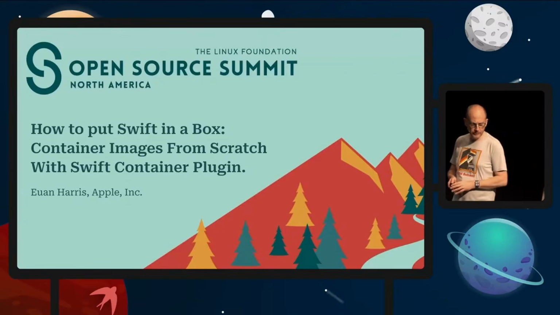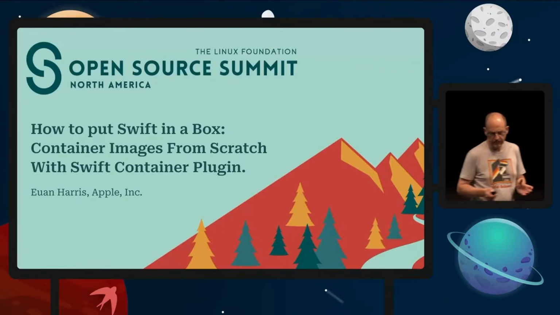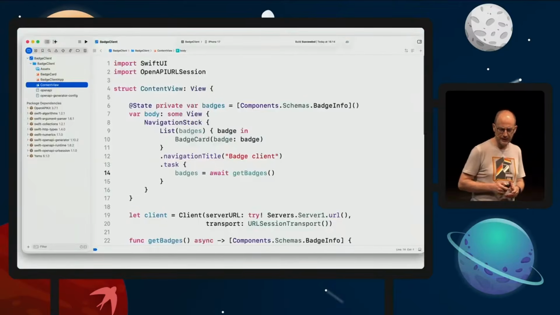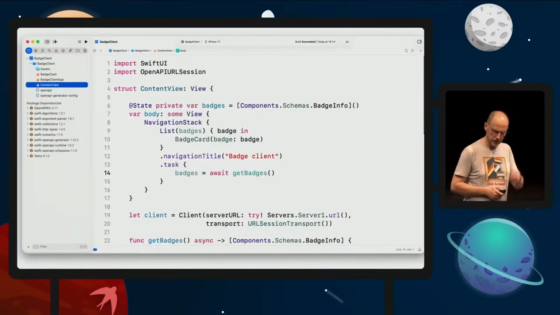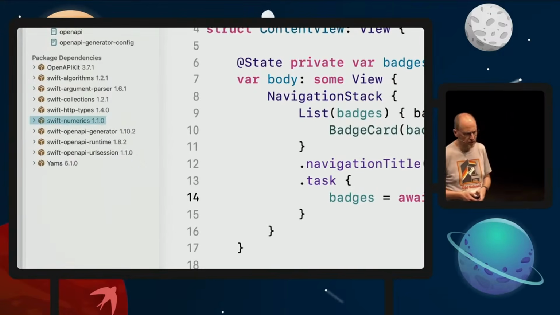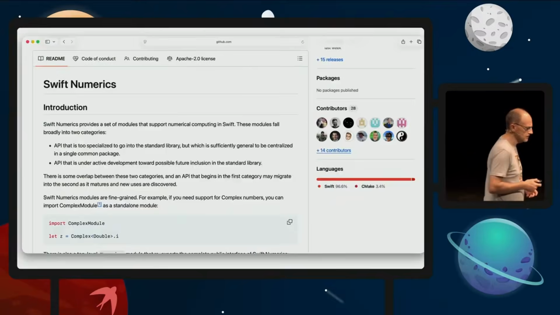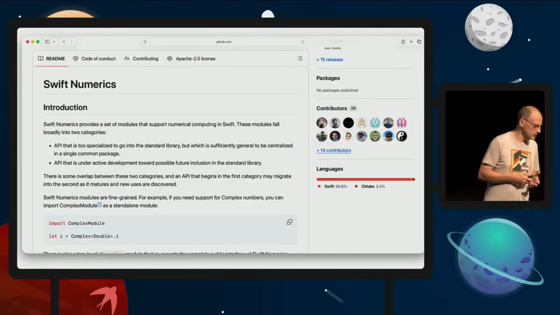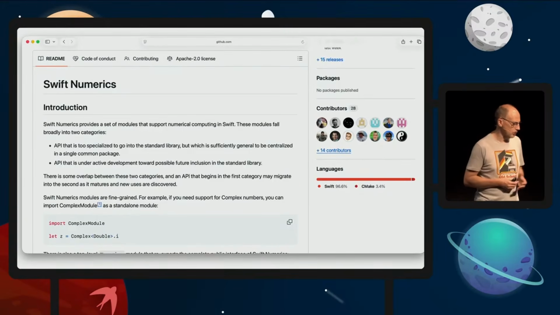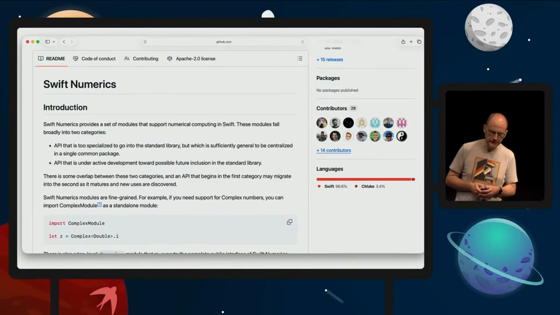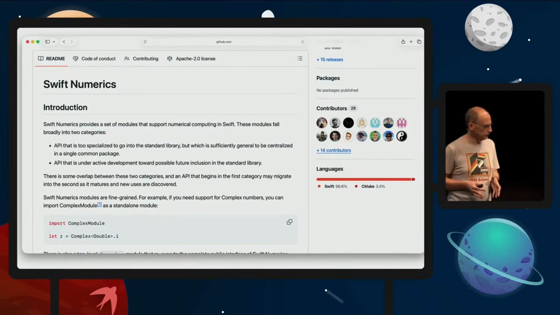Now remember, I'm an avid inquirer, so I'm curious, and so I looked back at the iOS project and looked at the dependencies, and I saw something that caught my eye. There was something called Swift Numerics. So what is this? Well, I go look up the details, and Swift Numerics is focused on mathematical operations and numerical computing. Well, duh, that's a bit in the name. But even if that's not your focus, there are still quite interesting things to note about this package.